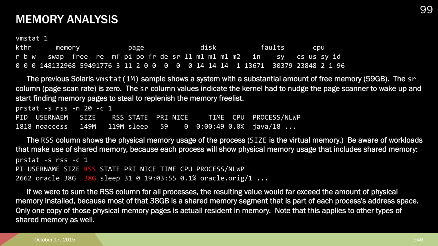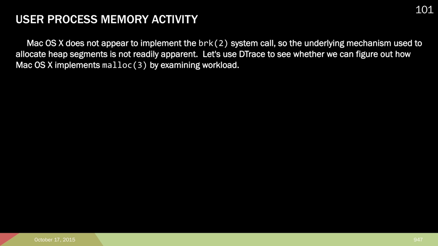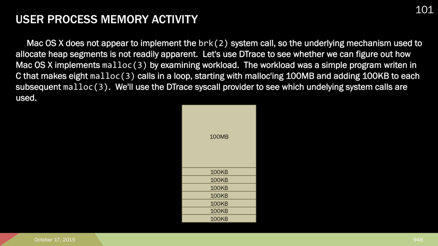Note that this applies to other types of shared memory as well. macOS X does not appear to implement the brk system call, so the underlying mechanism used to allocate heap segments is not readily apparent. Let's use DTrace to see if we can figure out how macOS X implements malloc by examining a workload. The workload was a simple program written in C that makes 8 malloc calls in a loop, starting